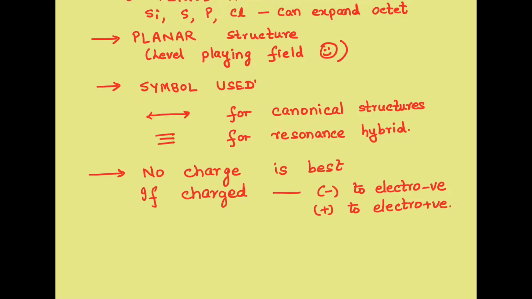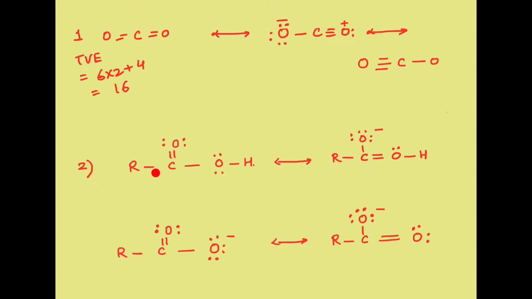Now, what do I mean by this? We are taking the case of RCOOH, a carboxylic acid. Draw the Lewis structures of carboxylic acid and of course the resonance structures. Now once you've drawn these various possible structures, can you tell me the formal charge that you will get on the oxygen? Yes, it's a +1. Again, overall the molecule is neutral. So if you see in this structure, the overall charge on the oxygen is +1.